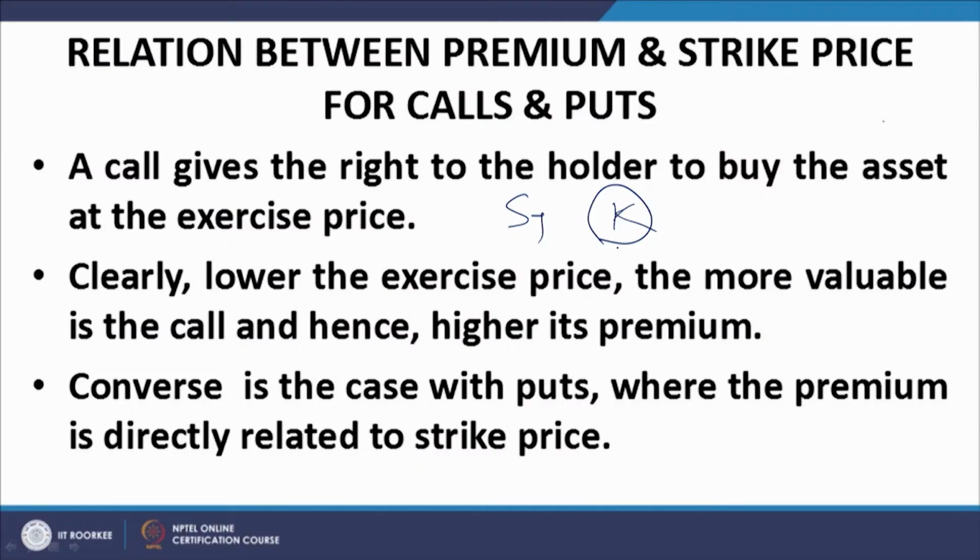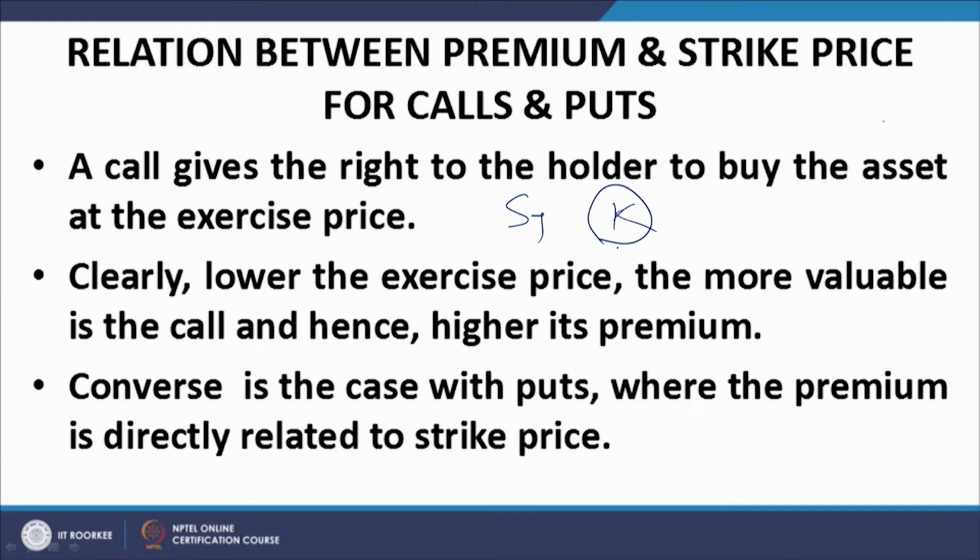In other words, if you have two options A and B, two calls A and B, A entails on the same underlying, A entails buying the asset at 50, B entails buying the asset at 100. Clearly, the cost of A would be higher than the cost of B, the cost of B would be lower than the cost of A. What about st? If st is higher, naturally the price of the option would be higher, because higher is the payoff st minus k. So, as far as the call is concerned, a call gives the right to the holder to buy the asset at the exercise price. Clearly, lower the exercise price, higher is the value of the call,